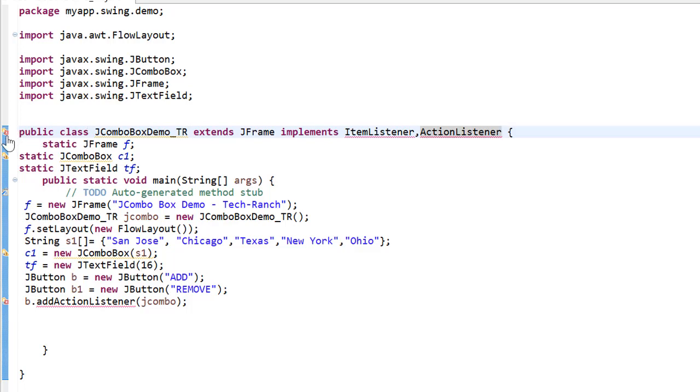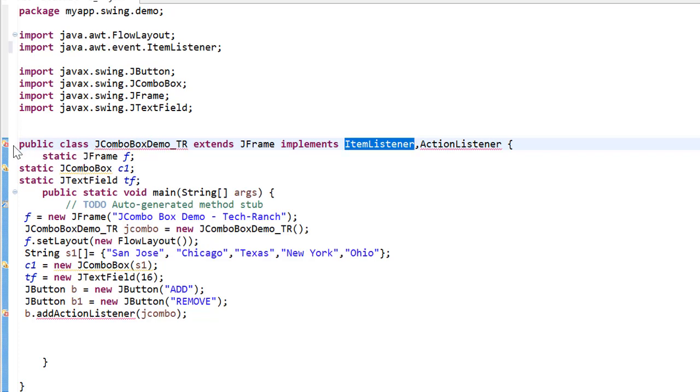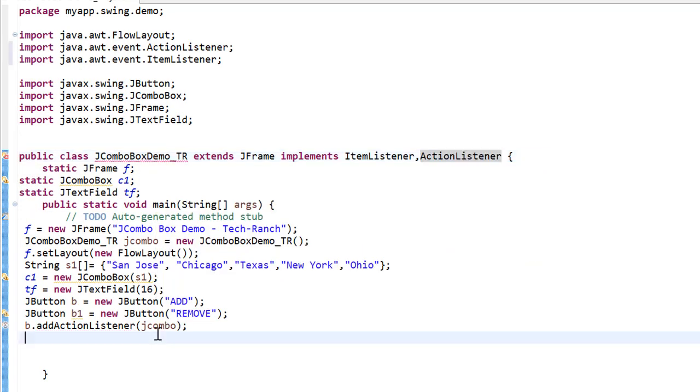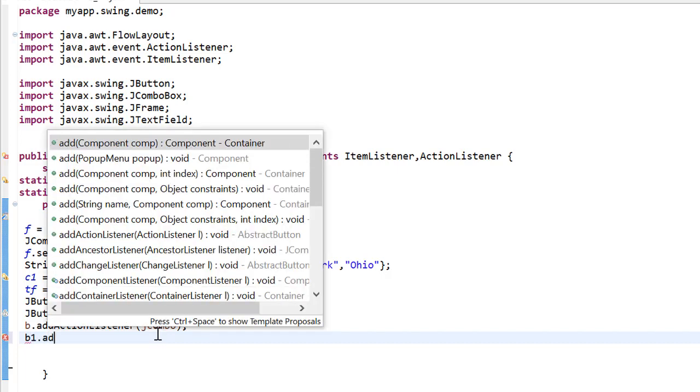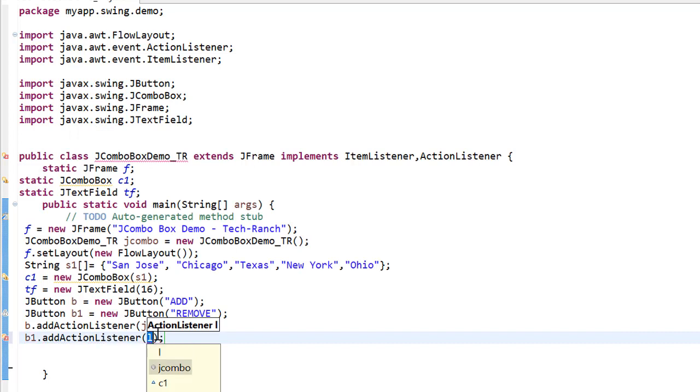Now there are some errors. We need to include the package. See? So next, again we need to have another button, b1.add action listener, and the argument will be your JCombo